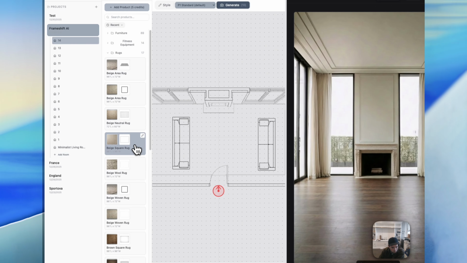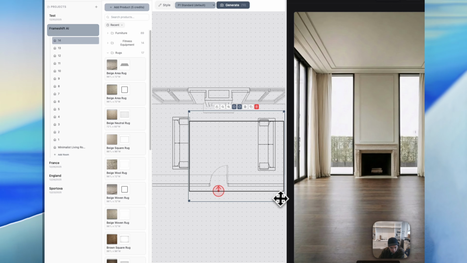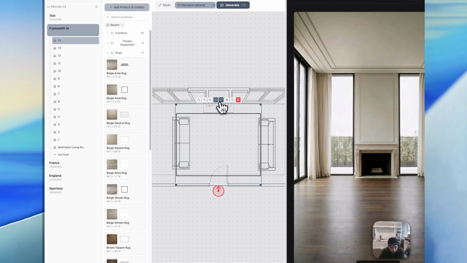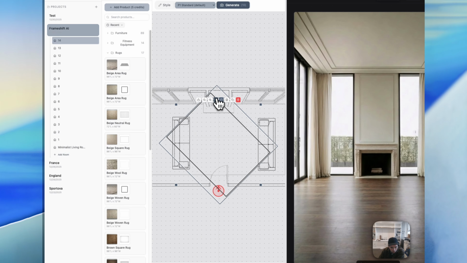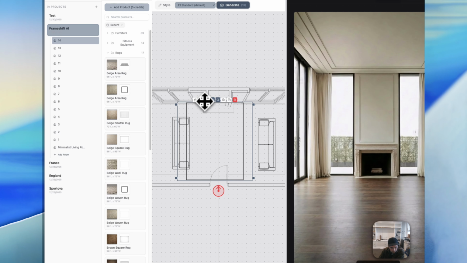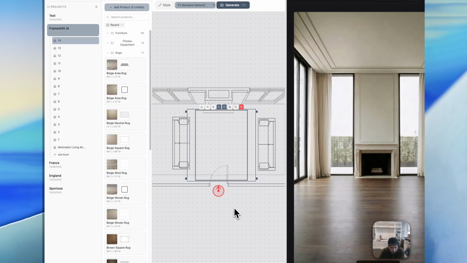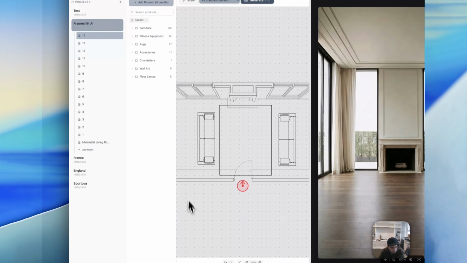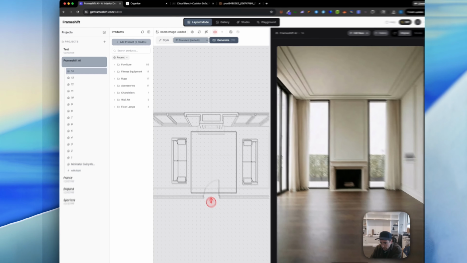We're just going to quickly add it here, and we can increase its size and kind of just show you what it's going to look like. In reality, our room is more vertical here. So, this kind of gives you an idea of what the layout's going to be. The layout is not going to be exact. What you want to do is show it what you want, but think about how it's going to be arranged in this room. Okay? You'll get an idea when I do it. So next,